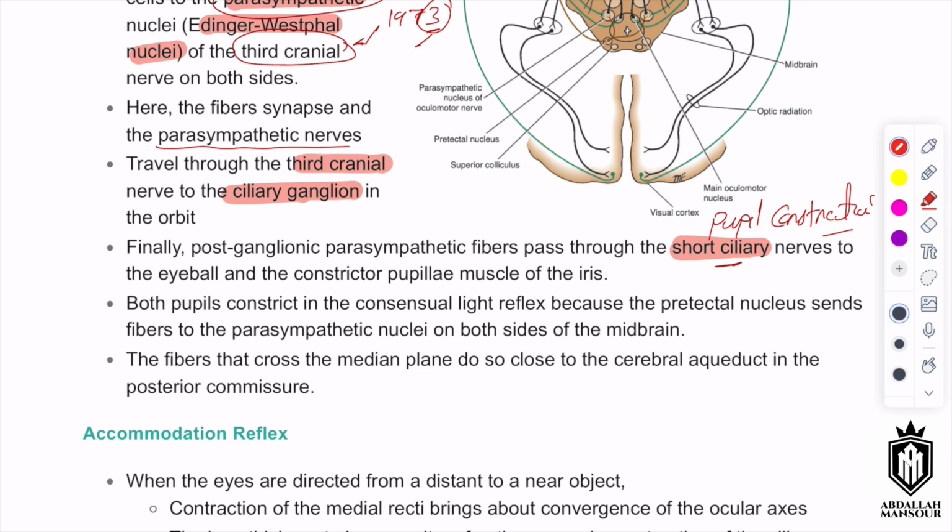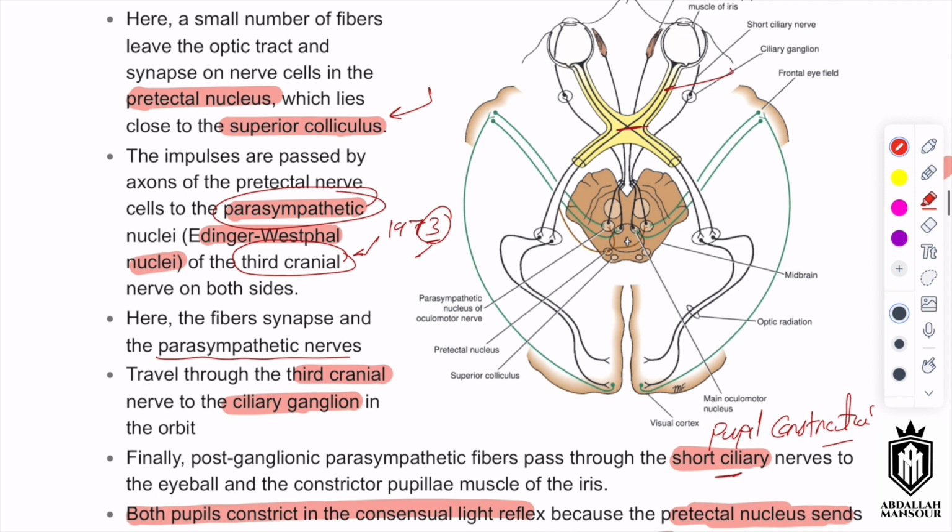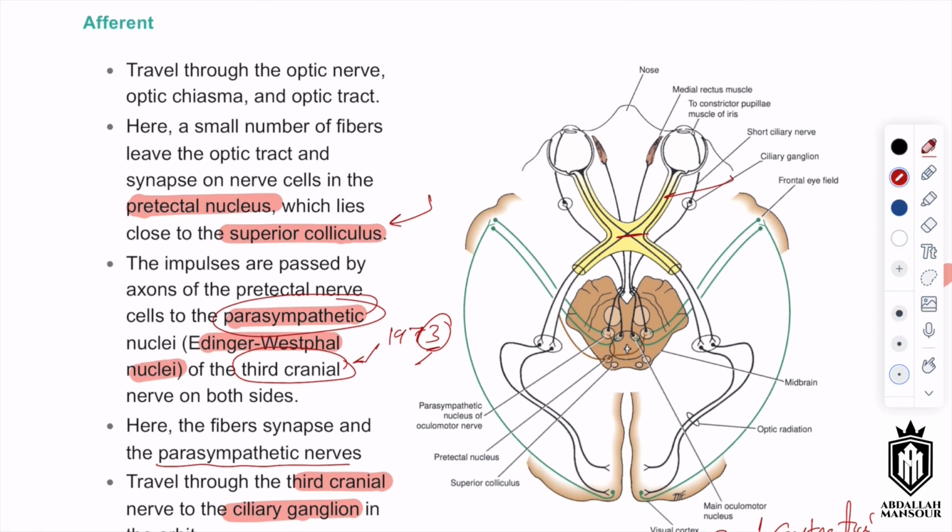So both pupils constrict on the consensual light reflex because the pretectal nucleus basically sends impulses, or parasympathetic fibers, to both eyes, into both sides of the midbrain, and the fibers cross the median plane close to the cerebral aqueduct, and the posterior commissure as well. You don't have to worry about the last bit, but what you need to remember here is that you have an afferent, and the afferent comes through the optic nerve,